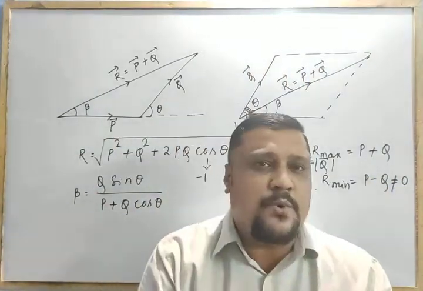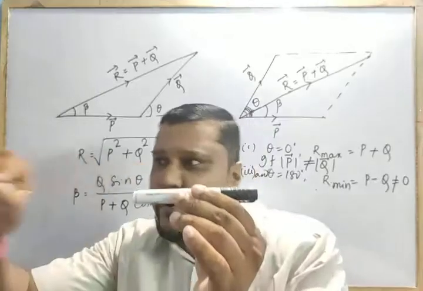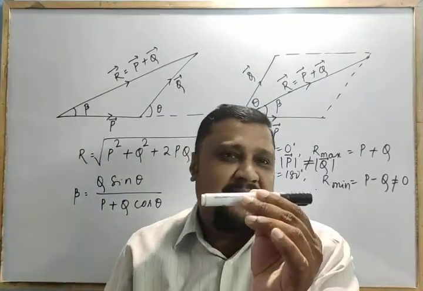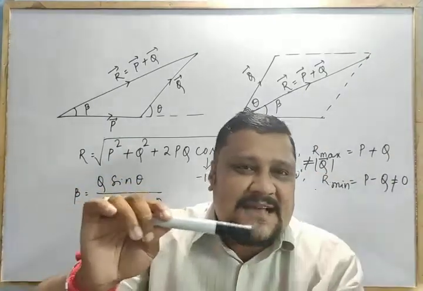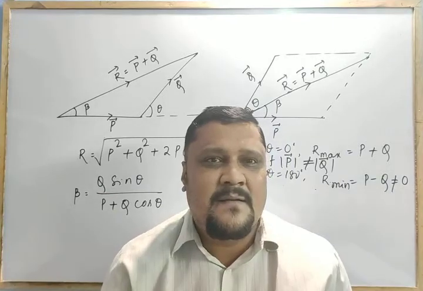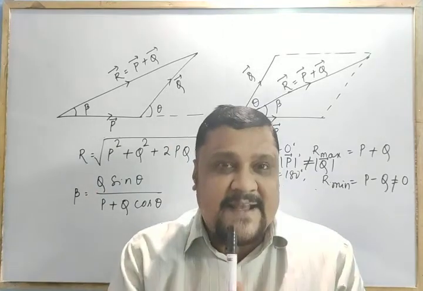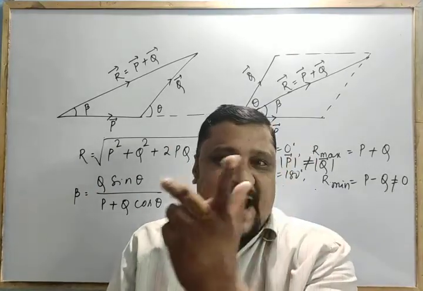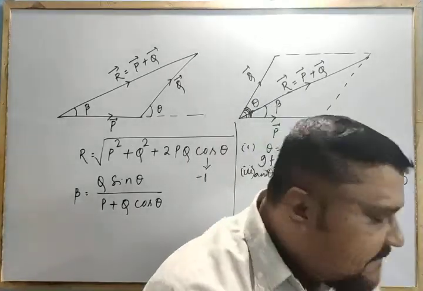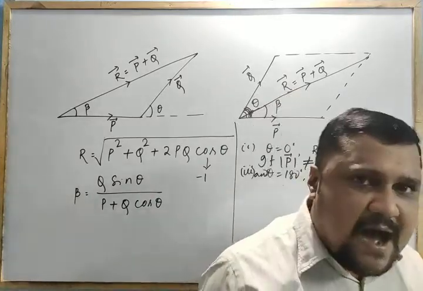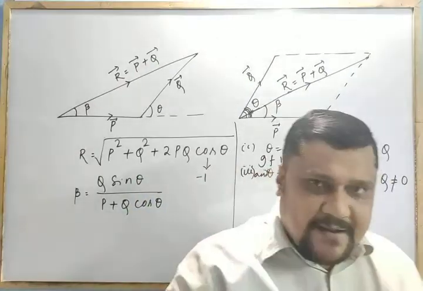So to make the body be in equilibrium, or at rest, while you are applying the forces, what do I have to do? Now, see this simple example. 5, 3, what is the resultant? 2 Newton in this direction. If I apply another 2 Newton along the opposite direction, then what will happen? The body comes to rest. But how many forces are acting on this body? 3. 5, 3, 2. 3 vectors.